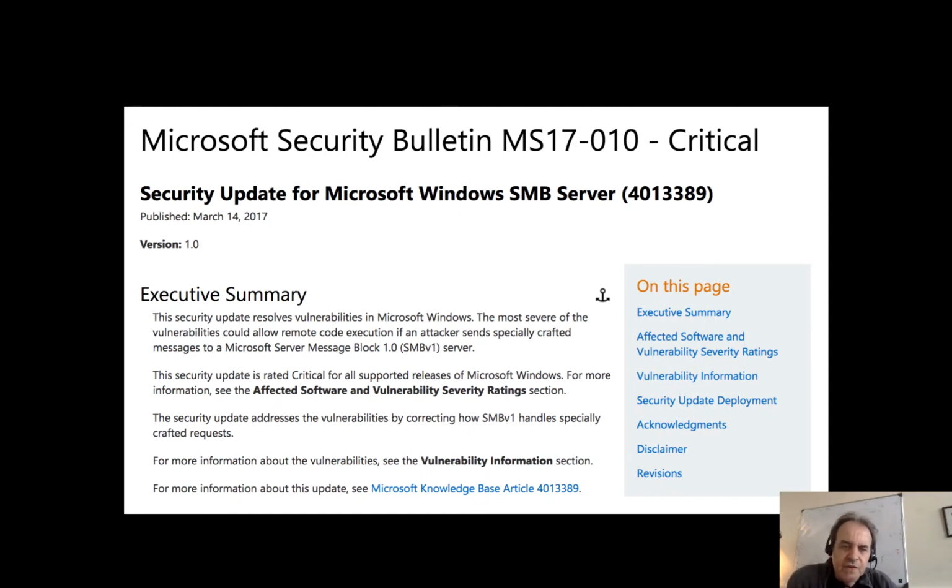And this was the actual vulnerability itself. It was released on the 14th of March, and it was defined as critical and related to the Microsoft Server Message Block, SMB version 1. And so systems across the world had hopefully been patched for this, and firewalls had been hopefully blocked against any sort of traffic. But this was the way that the malware actually got into a network and how it would actually spread.